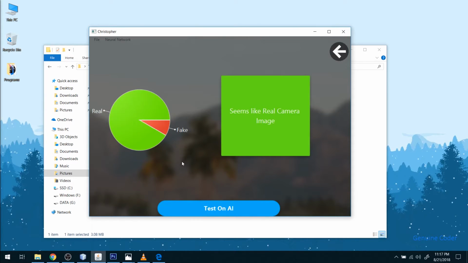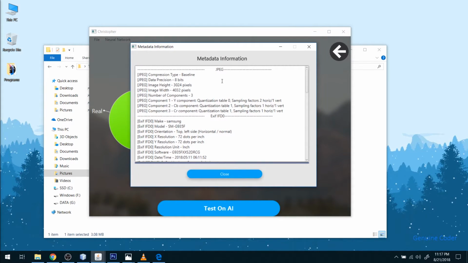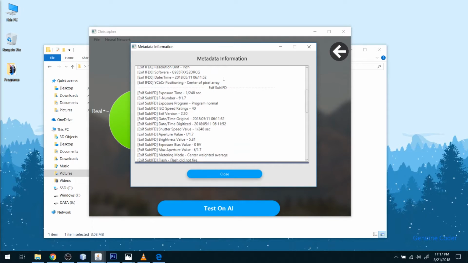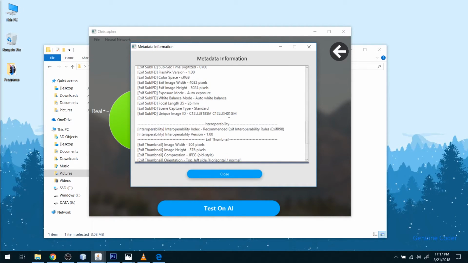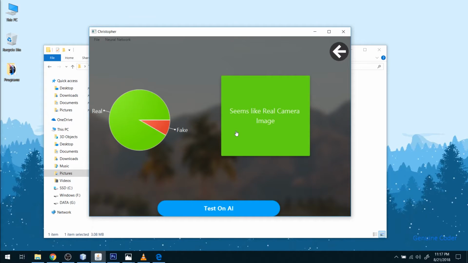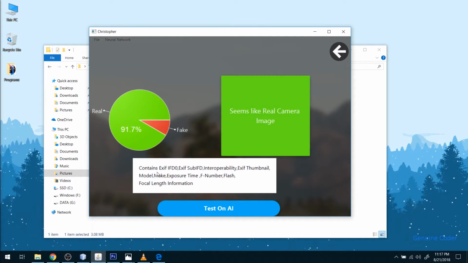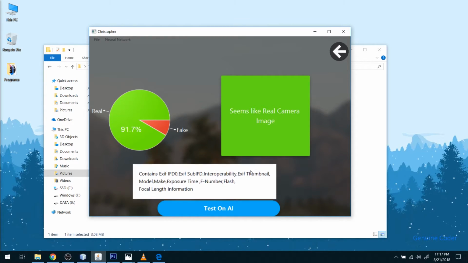So in the first step in this algorithm based module, we check this metadata to figure out whether it is manipulated in the first stage. If we find that it is manipulated here, then there is no need of trying it with the machine learning part. So let us just click on this green thing and a window will appear. So this is the metadata that is extracted from this image, and this data was used to reach the conclusion that this image seems like a real camera image. So if you click here, it says why it is 91.7% real, because it contains this EXIF info, EXIF thumbnail,